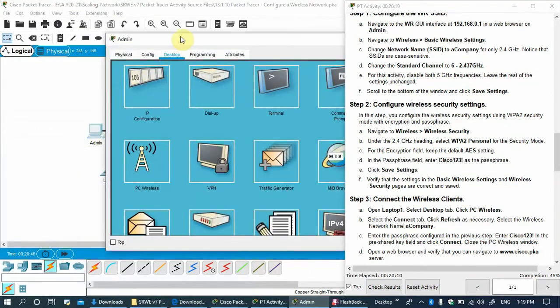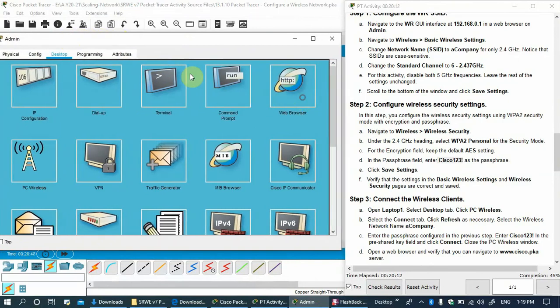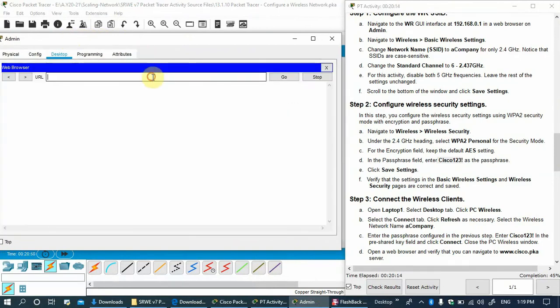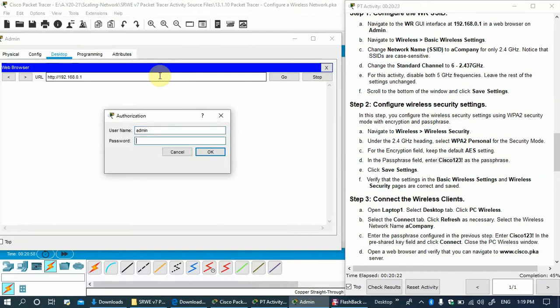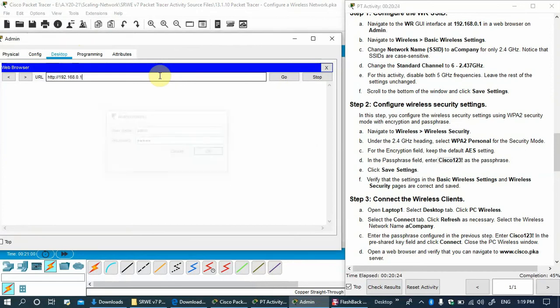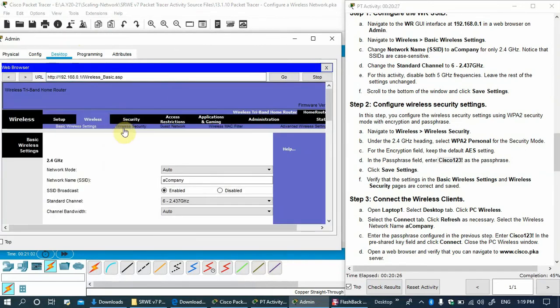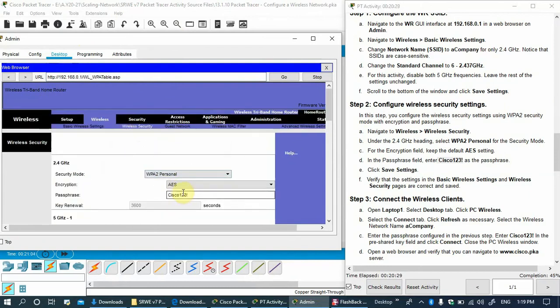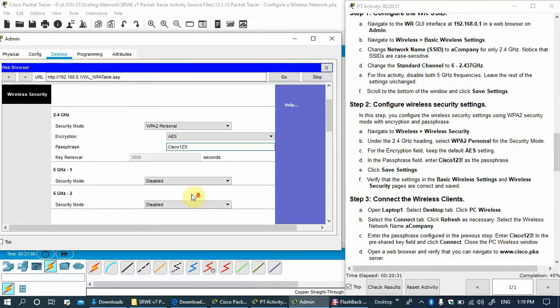First let me go there and quickly change it. 192.168.0.1, admin, click here, wireless security. You can see, yes, it is the passphrase, it is okay. Now it is going to be saved.